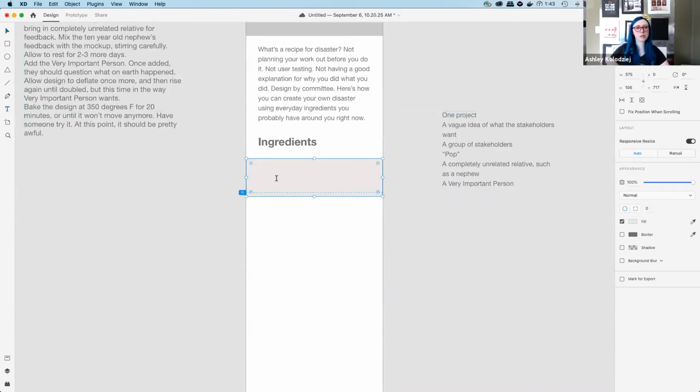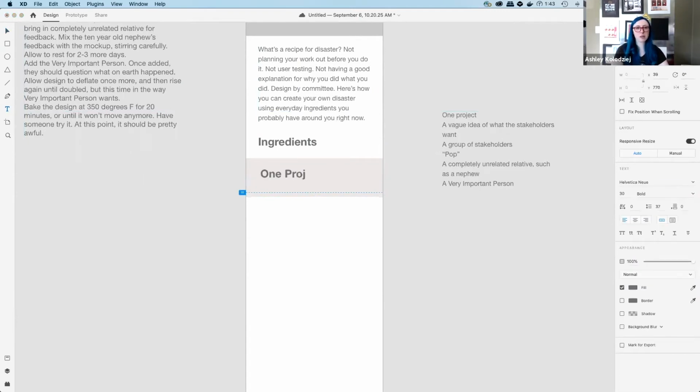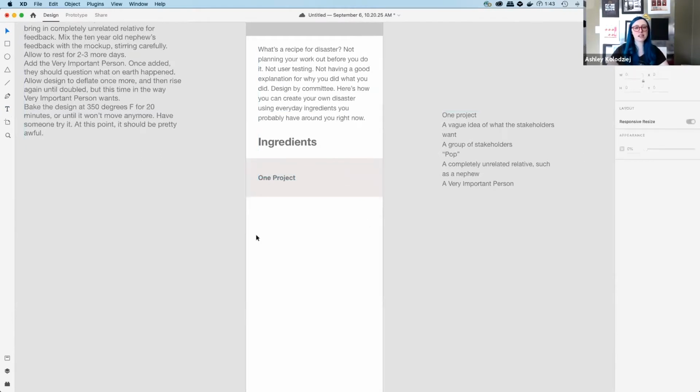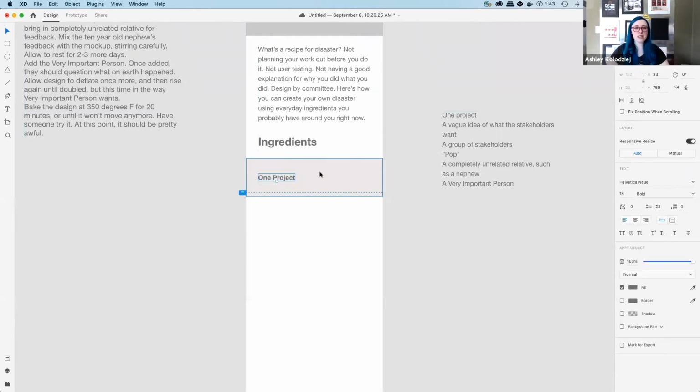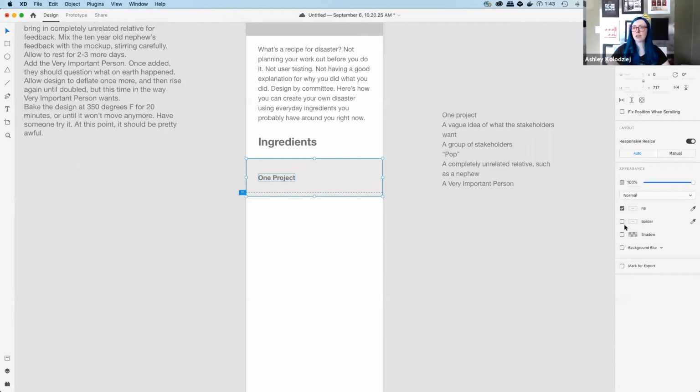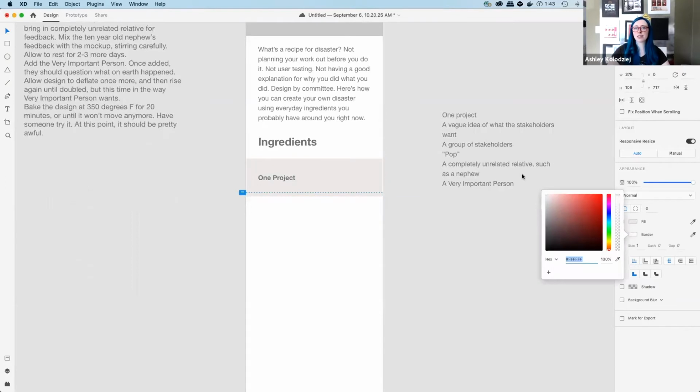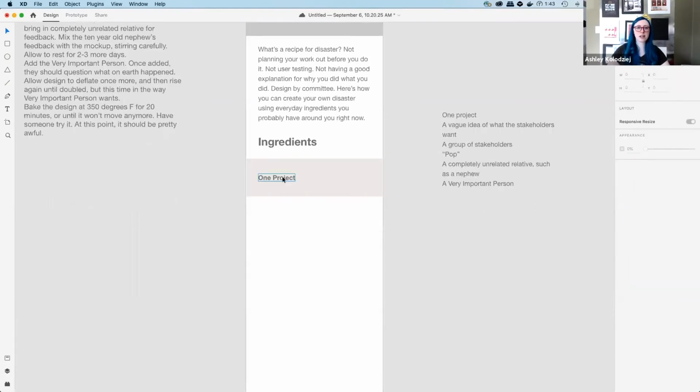And in here, what I'm going to do is put one ingredient. Again, I don't want this necessarily to be much higher in hierarchy than, say, the body text. So I'm going to keep it the same size, but I'm going to leave it bold just to make sure that people really see it. I'm also going to add a border to this, just so that it's a little easier to see the edges. And you'll see why in a second.